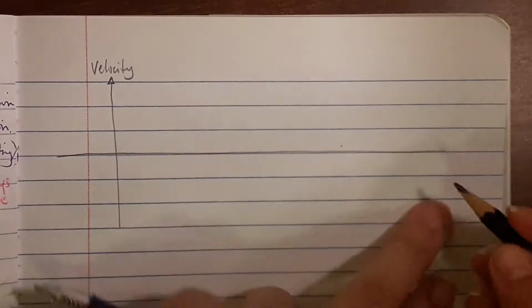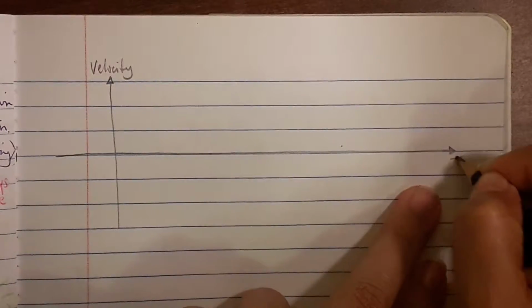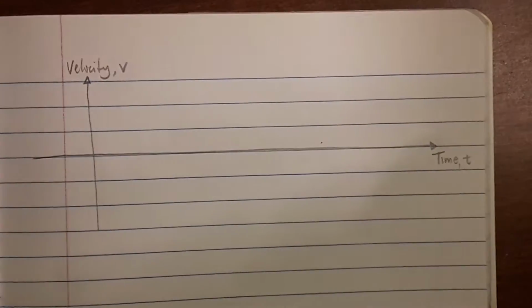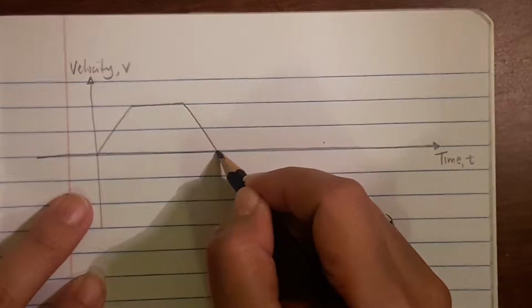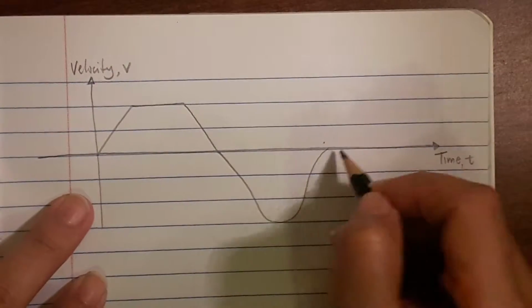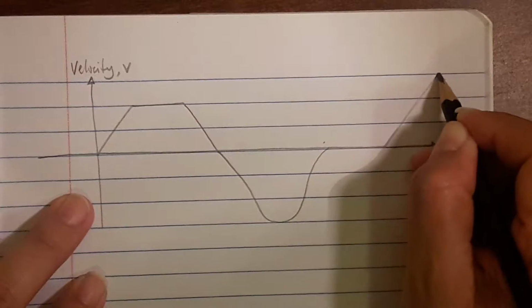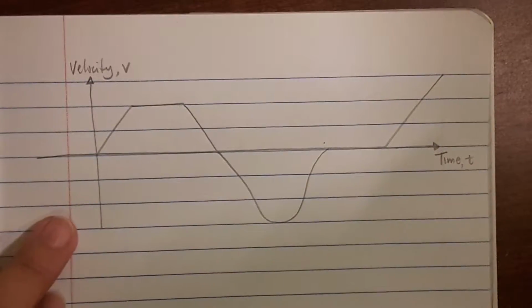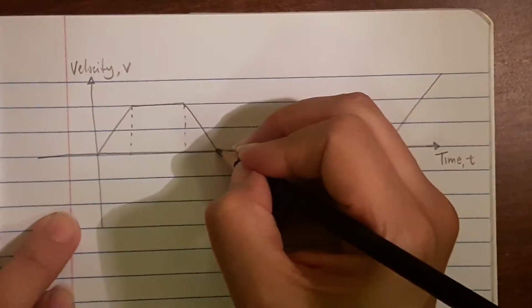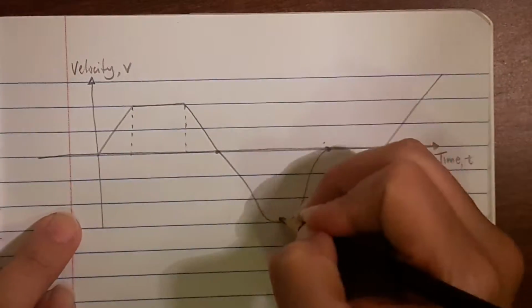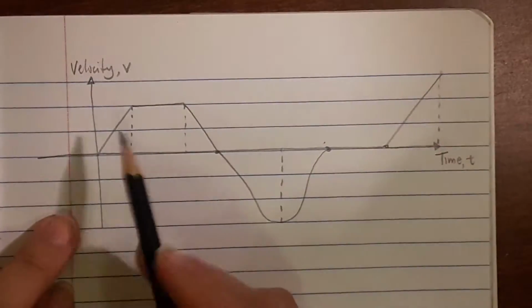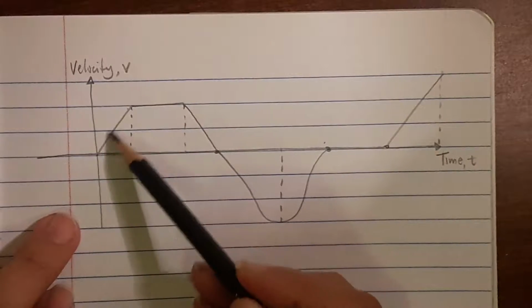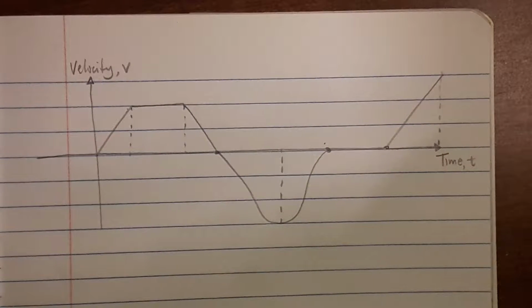Alright, so let me take a look at a graph. Let's say we had velocity as a function of time. Color in velocity and time. Alright, so what can we say is happening between each interval basically? And I'm going to mark where I see something is happening. So I'm going to make an interval and we're going to talk about what's happening at each interval from this graph. So velocity wise, if it's increasing,